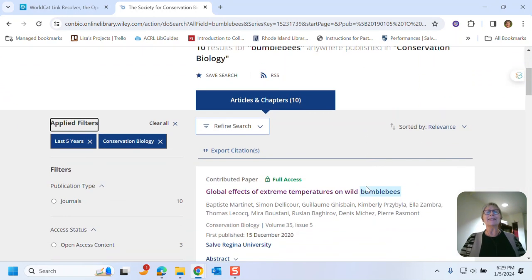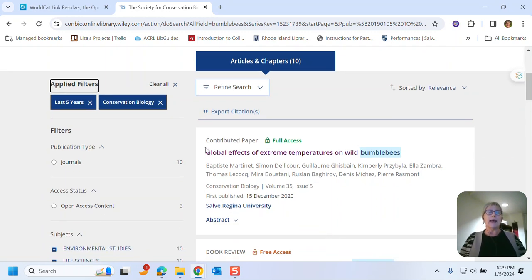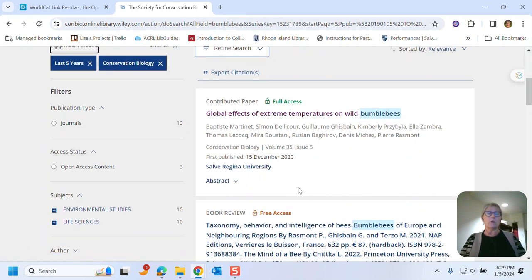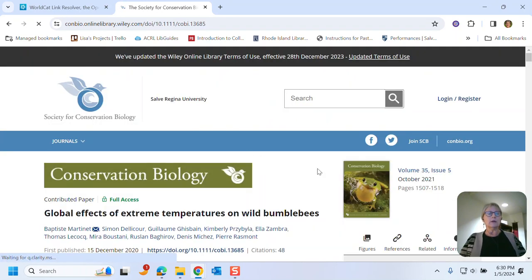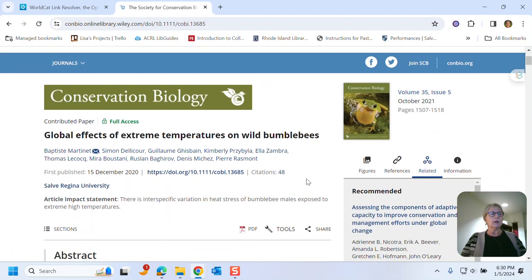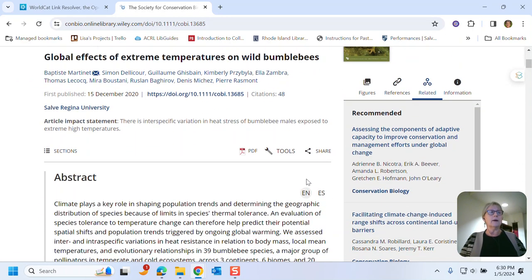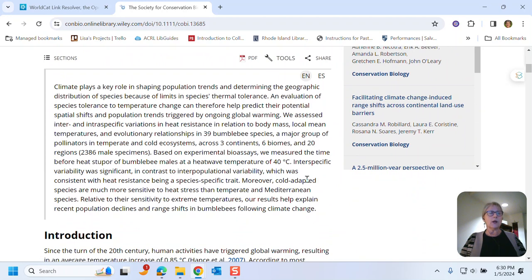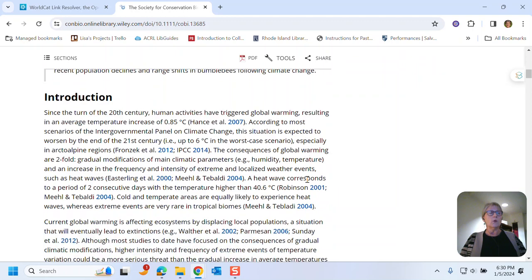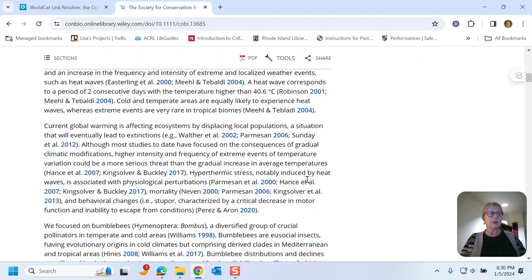So now we want to look and see, what do we have? What kind of articles have we found in this search set? And so in each of these white boxes is a record for an article. This first one says it is a contributed paper. So most likely that is going to be a research article. So we want to click on the title, and we can read the abstract and find out what the authors were looking for. We can also look at the introduction, and